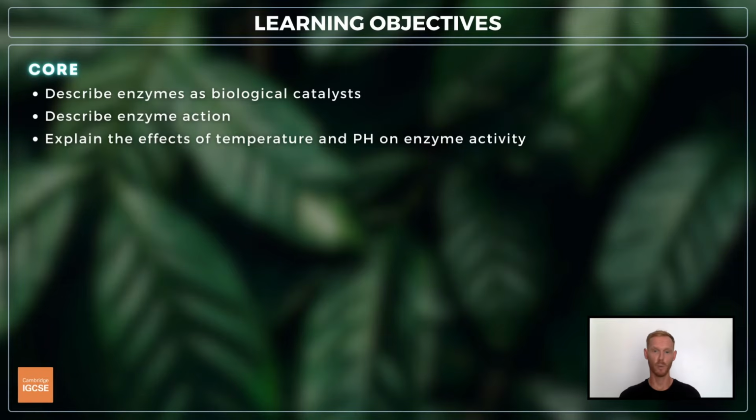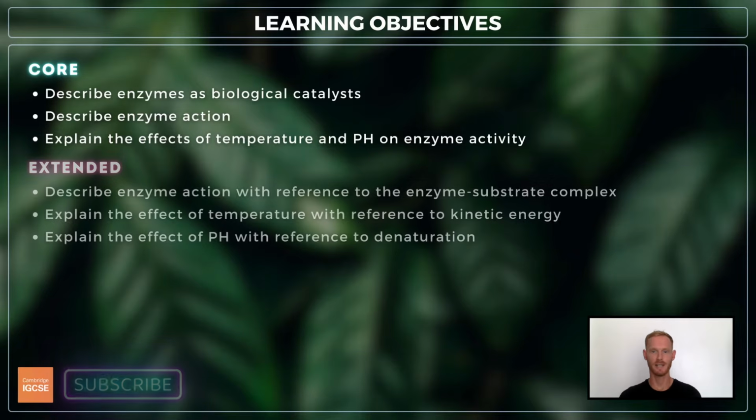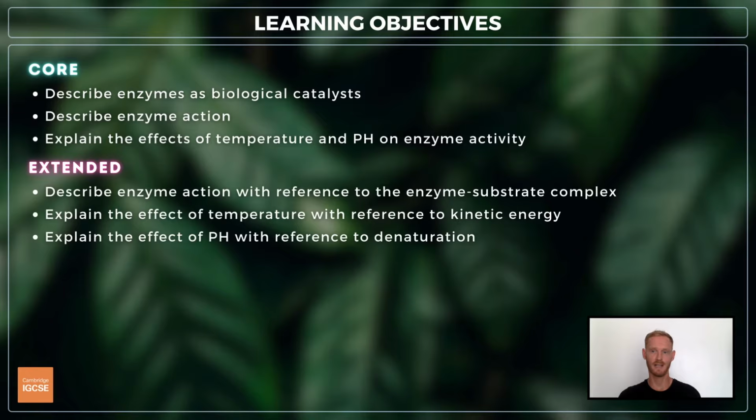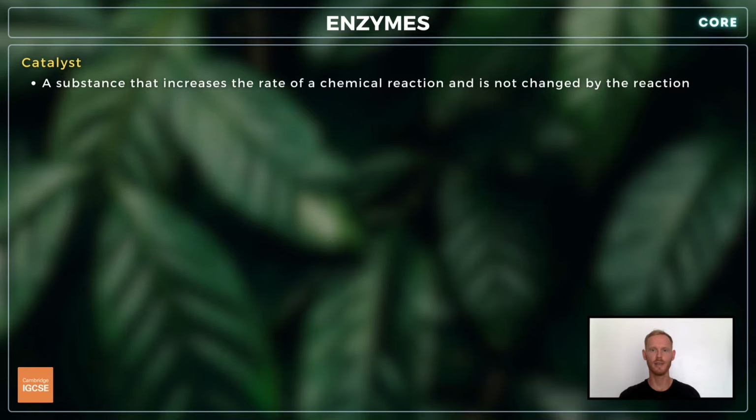For topic 5.1, you need to understand the role of enzymes as biological catalysts, describe how enzymes function, and explain the effects of temperature and pH on enzyme activity. For extended, you just need to know the above in a little bit more detail and with reference to some additional key terms. A catalyst is a substance that increases the rate of a chemical reaction and is not changed